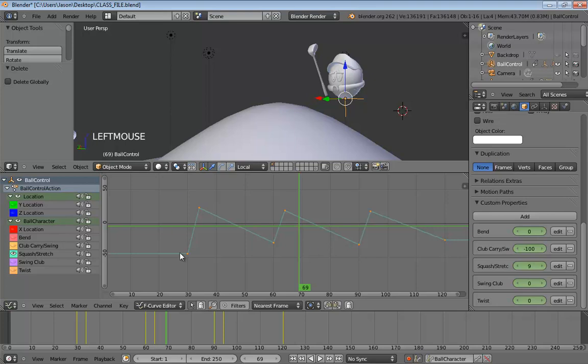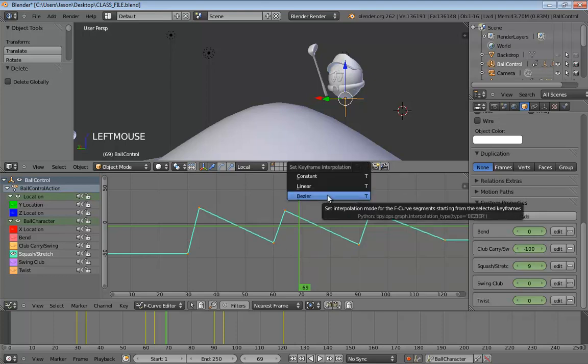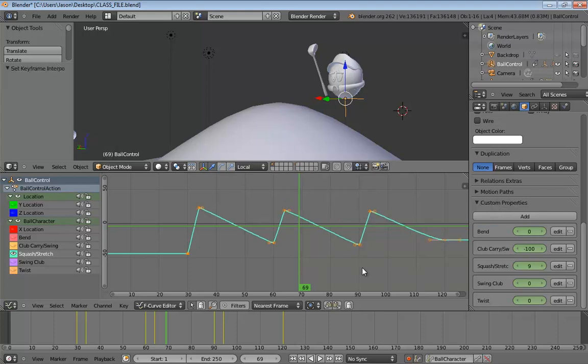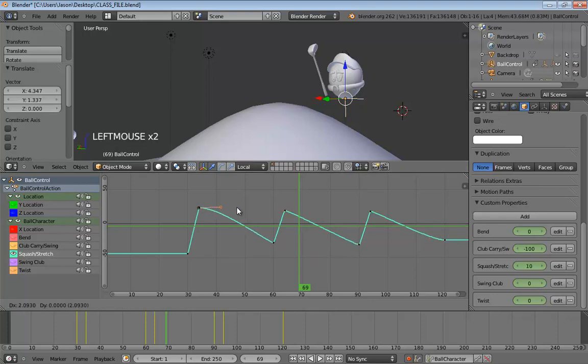Now to do that, we're going to take all of our keyframes. And we're going to start off by setting them all to Bezier. So hit the T key and change them all to Bezier. Now, with Bezier handles, you can still stretch one side out, and we're going to make a lot of use out of that by taking each one of our keys here, our upper keys, like the peaks, and we're going to stretch their handles out.